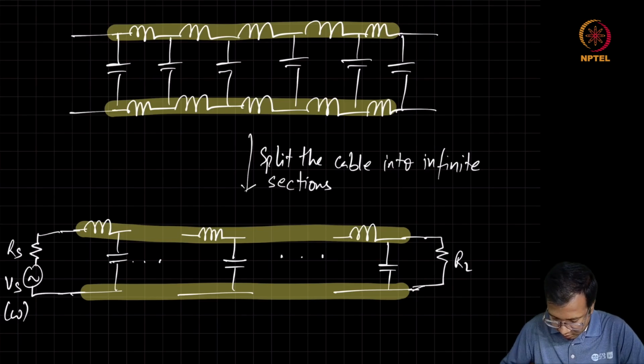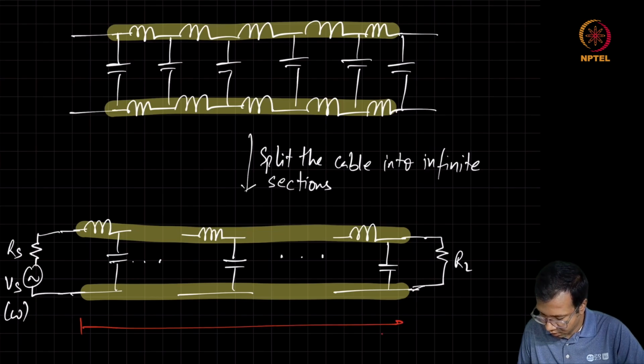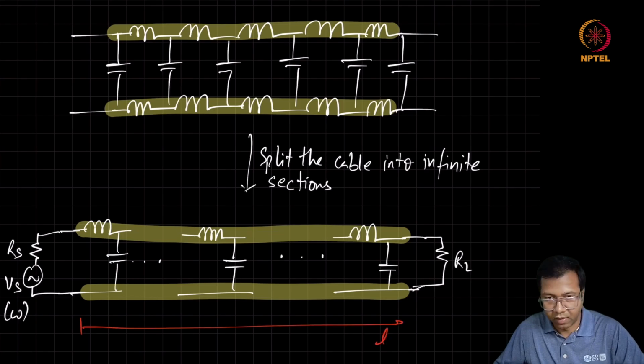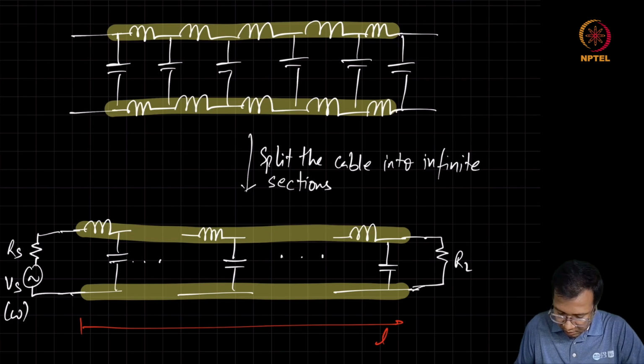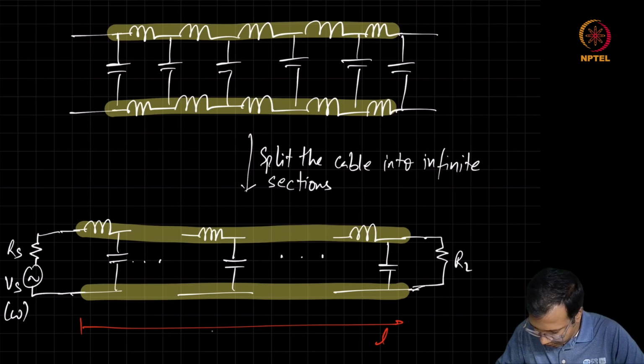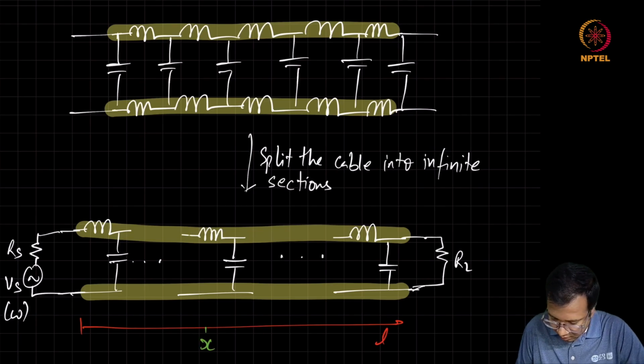So we can assume that as we are going along the line, at some distance x, the voltage is V of x, the current is